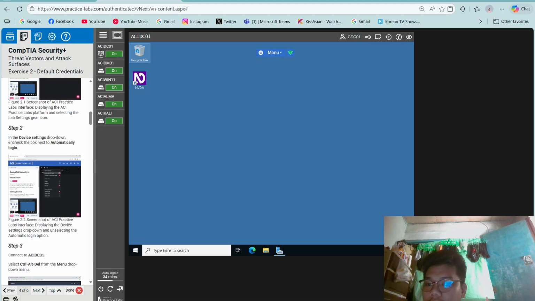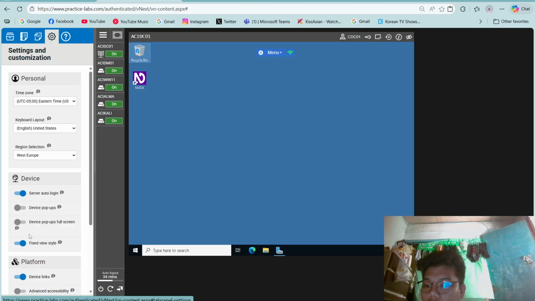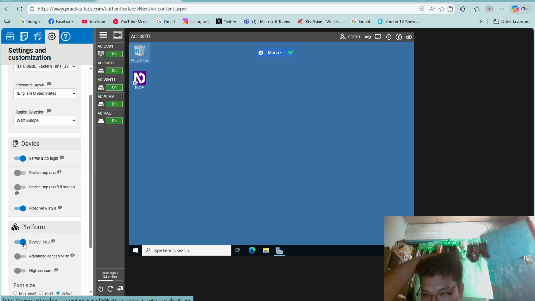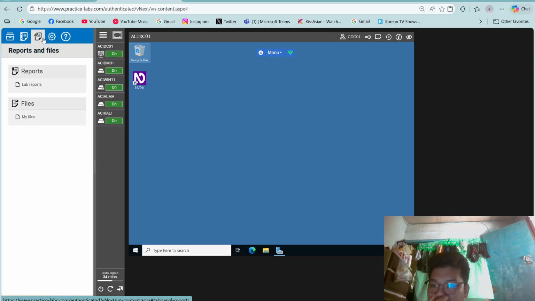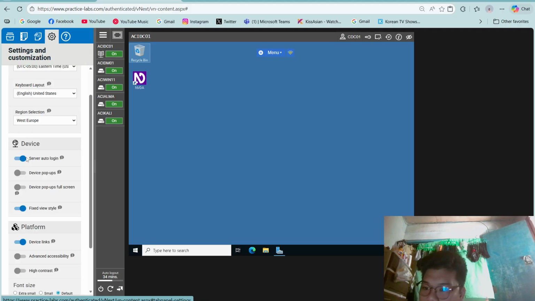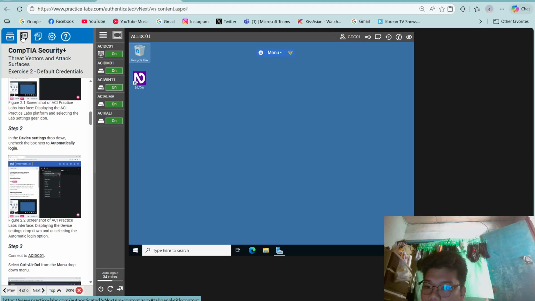In the device setting drop down, uncheck the box next to automatic login. Server auto login.